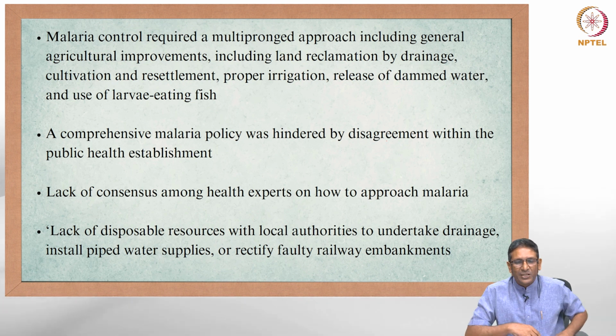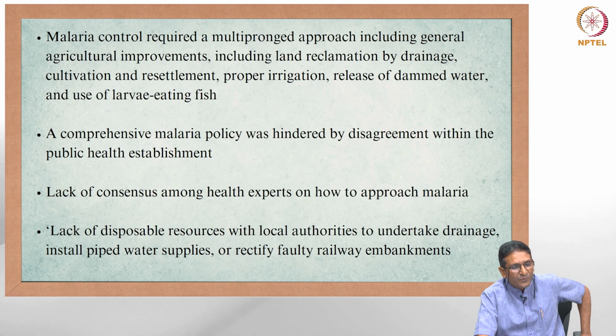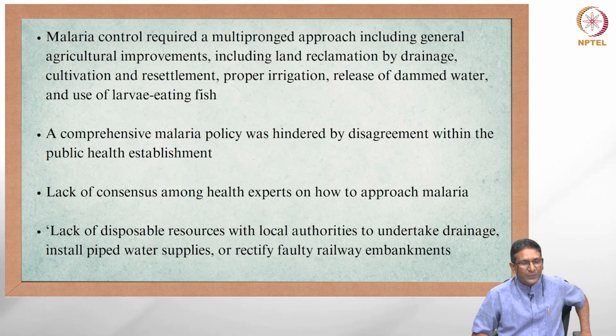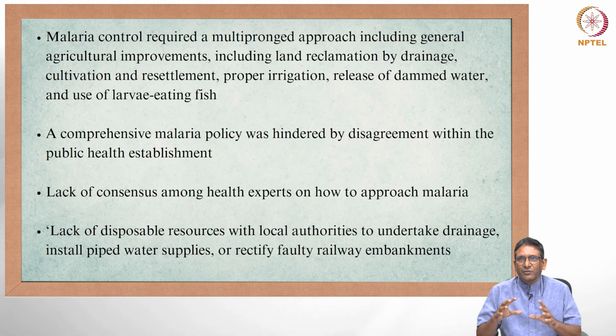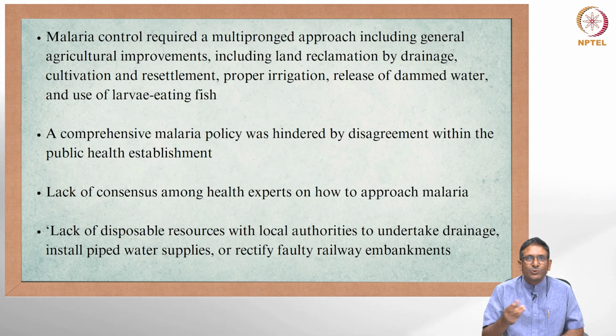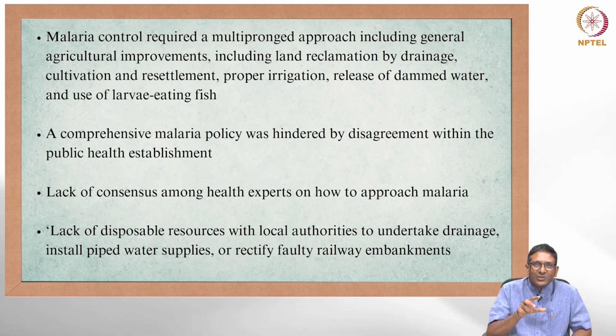malaria control rather required a multi-pronged approach, which included all of these things: agricultural improvements, including land reclamation by drainage to avoid stagnation. So that again could be reduced by proper cultivation and resettlement, proper irrigation, release of dammed water from dams periodically from time to time, and also use of fish which would eat the larvae of the mosquitoes. This shows the importance of